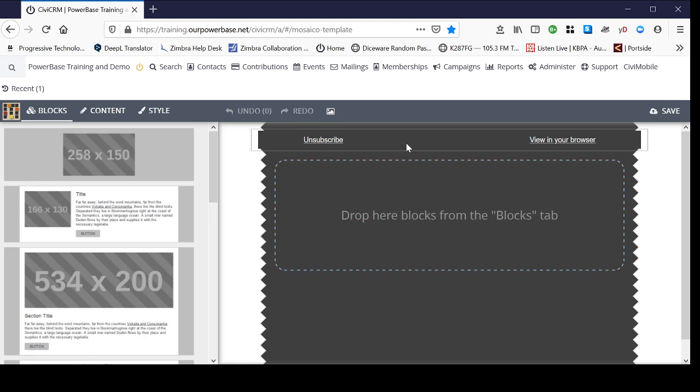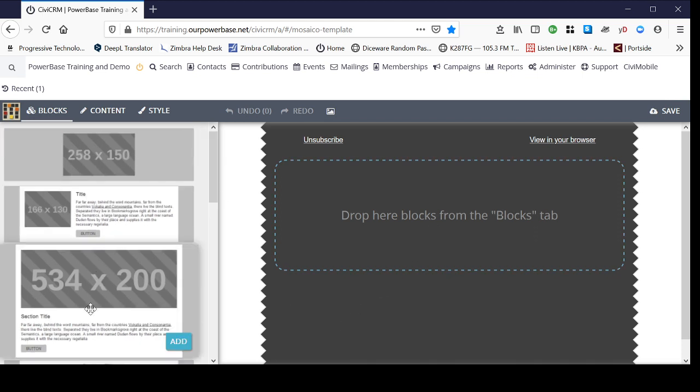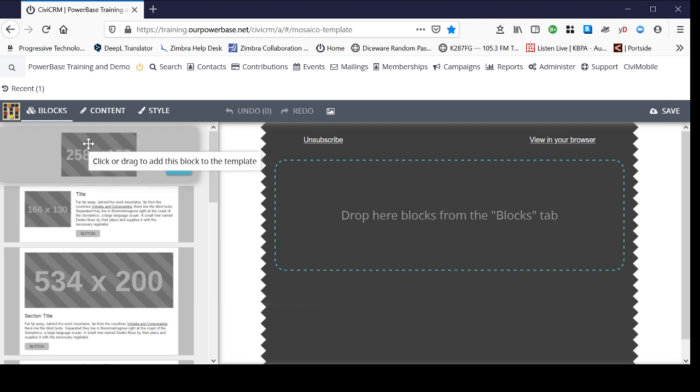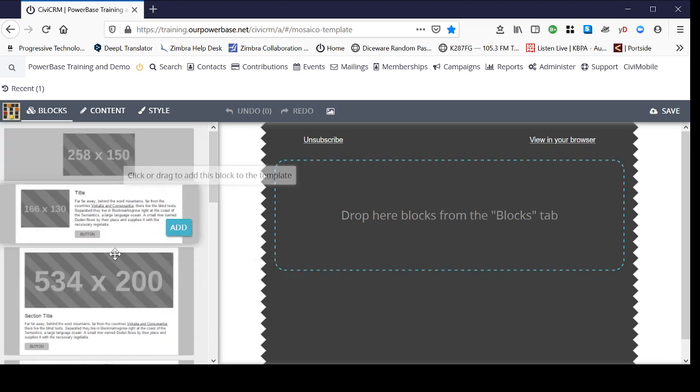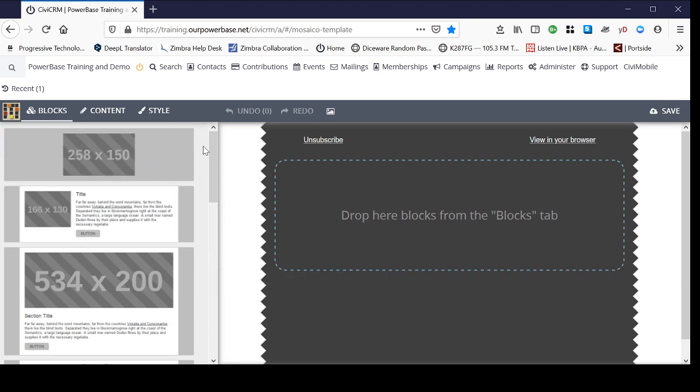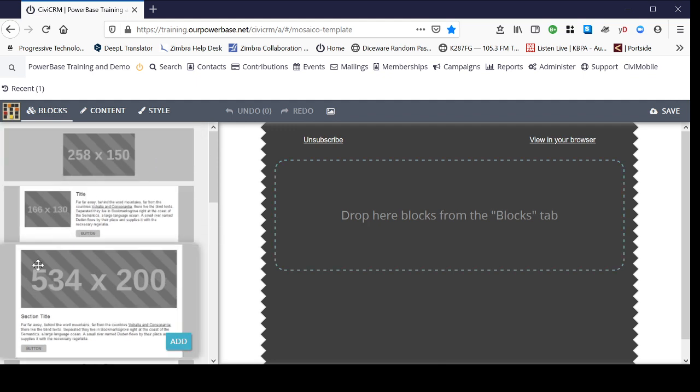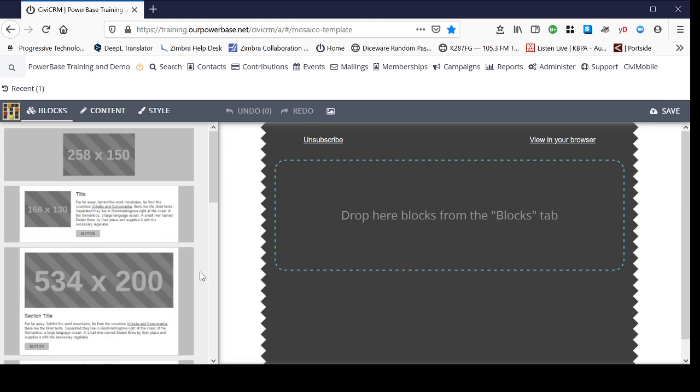So we're going to build a few things. I want to build a take action block, and I'm going to add a footer. So you notice here you have different kinds of blocks. Notice that there are image areas that give you pixel sizes, like 534 by 200 or 258 by 150. You don't have to have pictures that are exactly that pixel size, but try to get rectangular pictures into rectangular blocks. If it's a more elongated rectangular picture, make sure you've cropped it so it looks like that kind of size, right? The database will